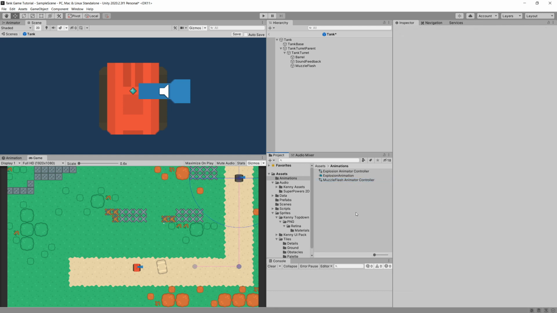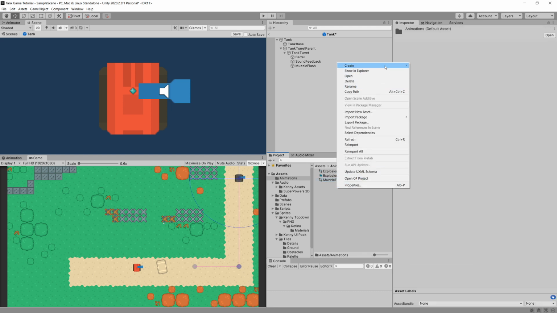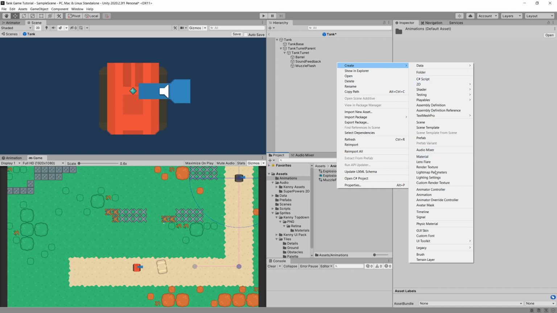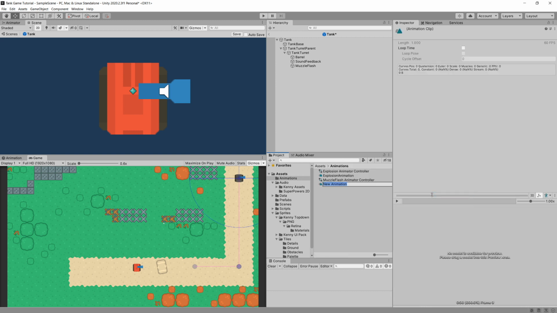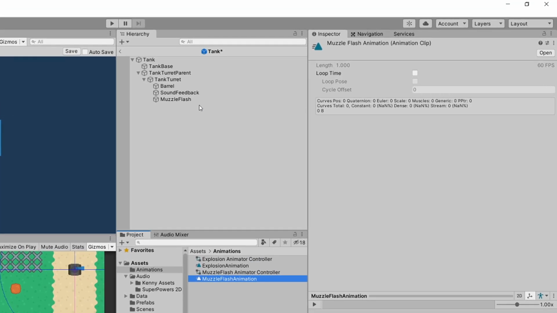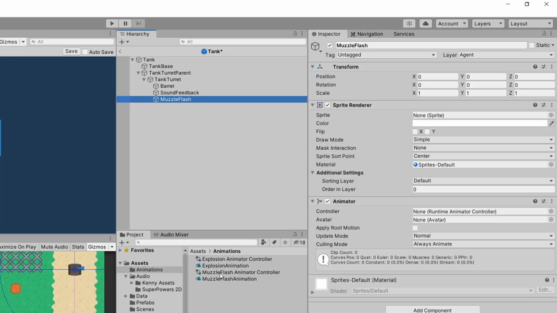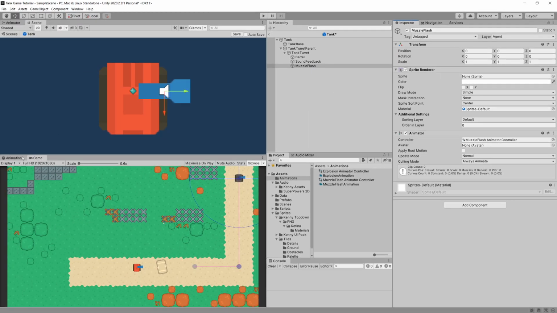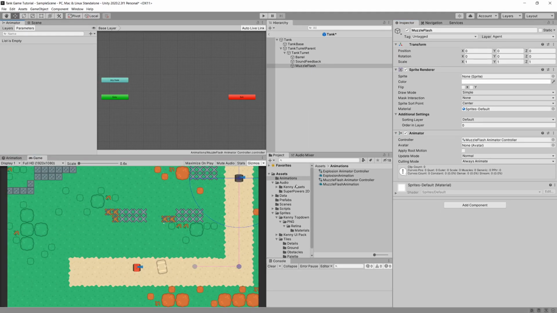And we will want to create an animation for it, so right click, create, and we are going to select the animation, and let's call it Muzzle Flash animation. Great. Again, we are going to select the Muzzle Flash game object, assign our Muzzle Flash animator controller. We're going to reopen our animator window, drag our Muzzle Flash animation to set it to be the default, and